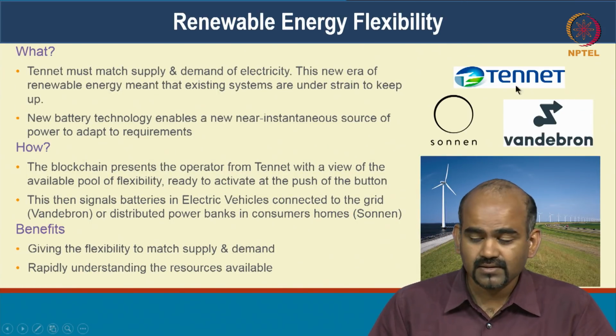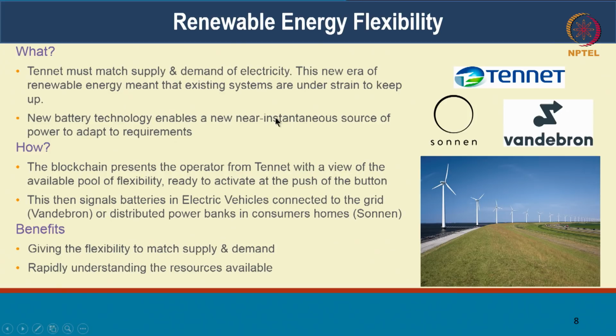There's a startup called Tenet. They're working with a couple of utility companies. And their core goal is exactly this. They're matching supply and demand of electricity, and they're actually doing this for renewable energy. So some of these utilities they're working with have wind farms where they are producing energy, and they have battery technology which enables you to temporarily store energy for a certain period of time and allows you to instantaneously adapt to the requirements needed. So basically, it's managing supply and demand here. So if your supply is in excess, you would store that temporarily and then serve future demand.